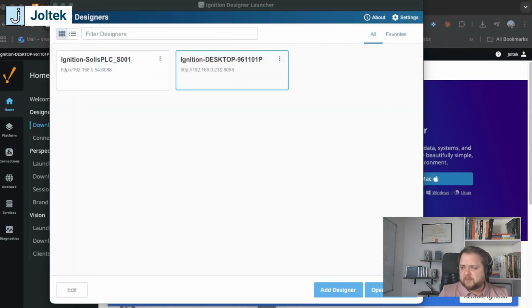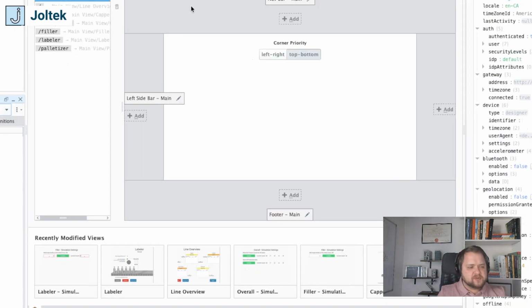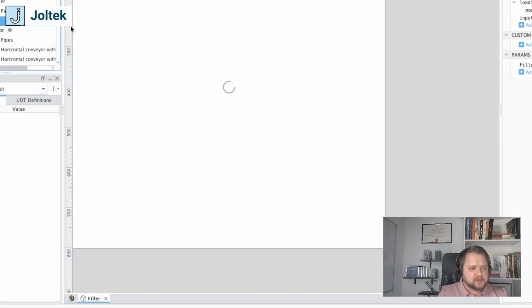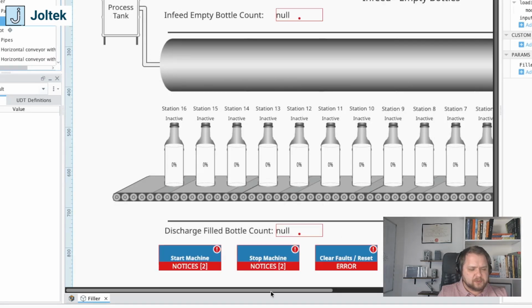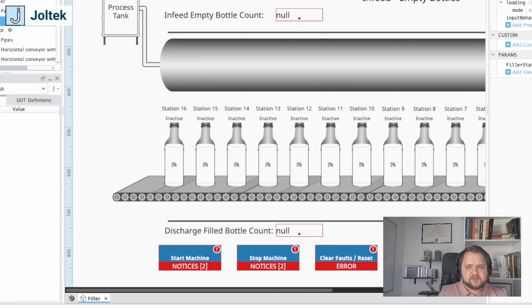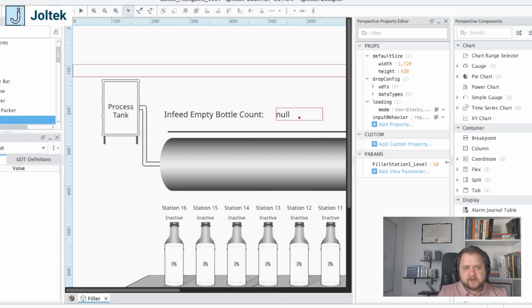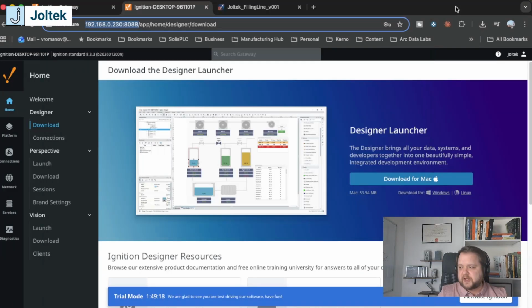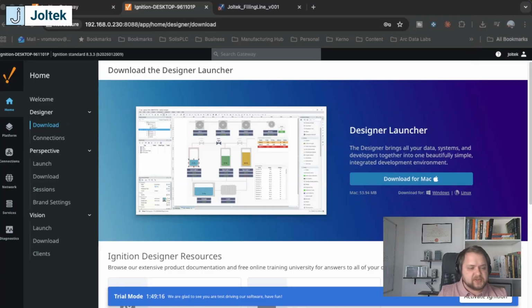We can open it. I am assuming, and here it's loading on my other window, we're not going to have any of the tags or connections that we had based on the other PLC. So what I can double check is, if I go into my main views in this case, I can open the filler or any other views for that matter. We will notice that there's no connections. So what I also need to do, in addition to making these changes, is add the connections that we need to make to the PLC, which is now at a different IP address,